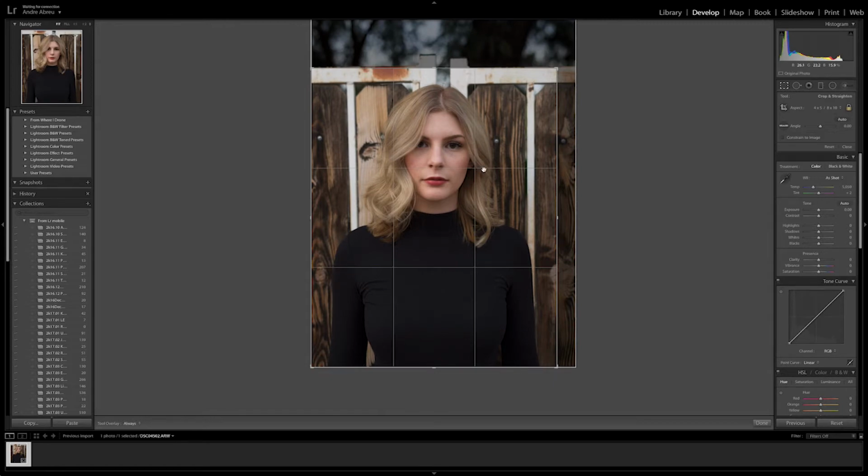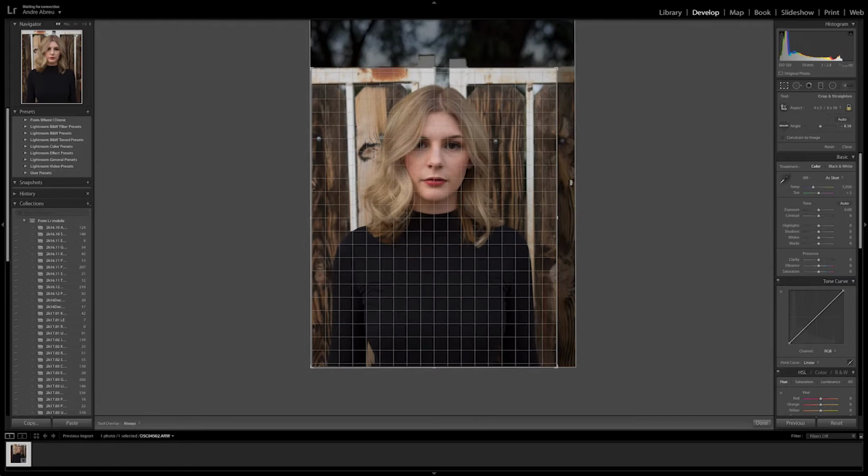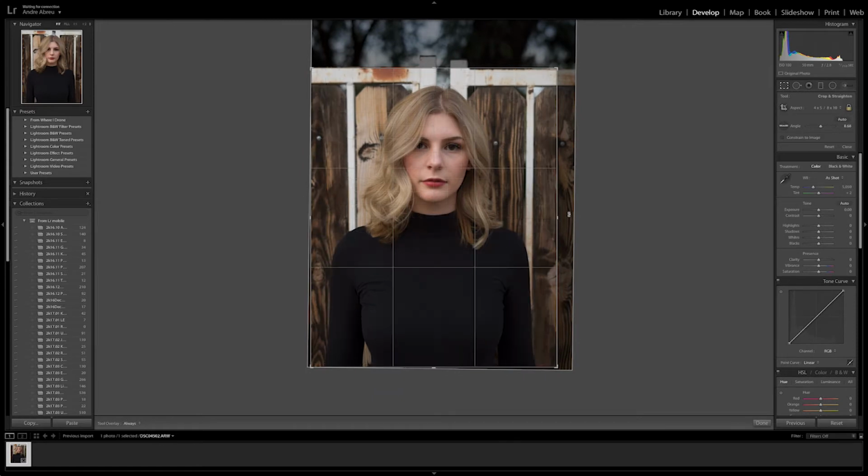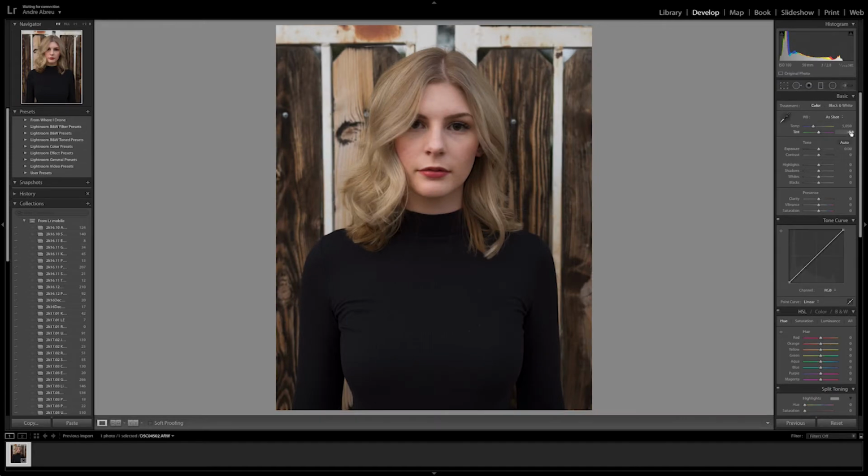Once you have that done, you want to make sure that the picture is straight, so you can use the vertical lines in the picture. Seems about right. Make sure that her eyes are centered. Close that. Then the second thing I do is I go into the tone curve and just set the tone